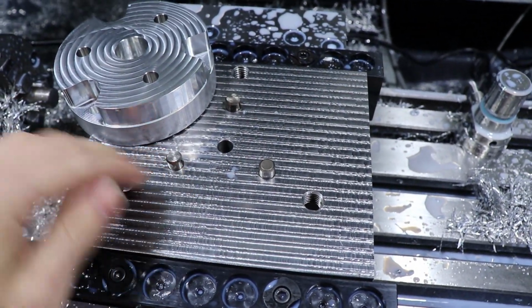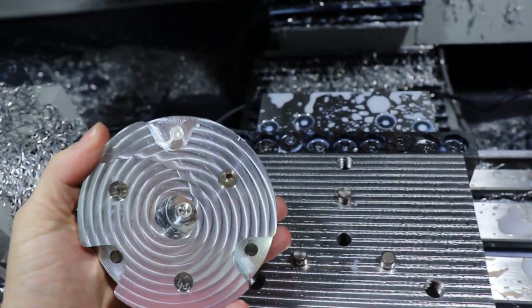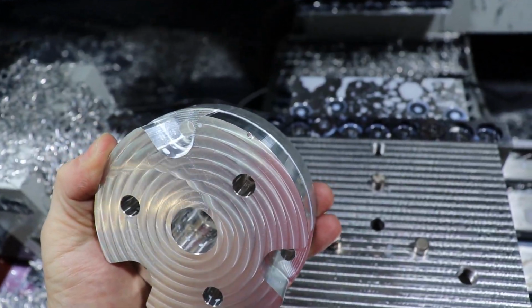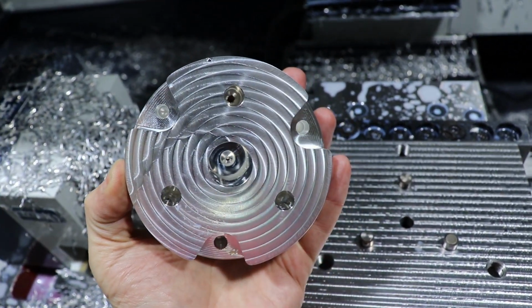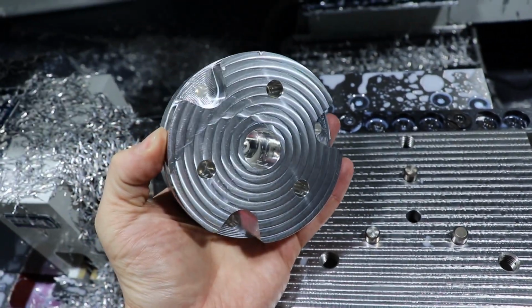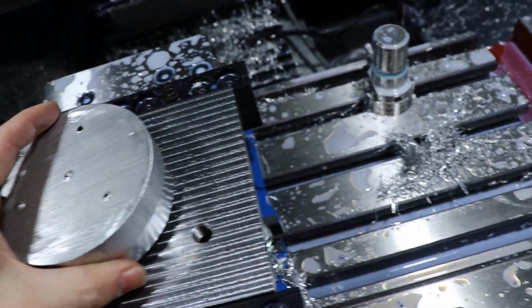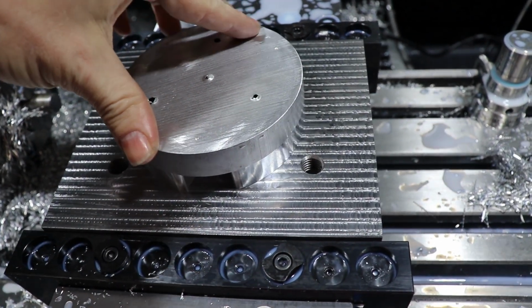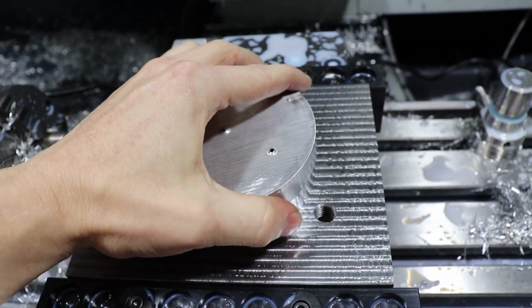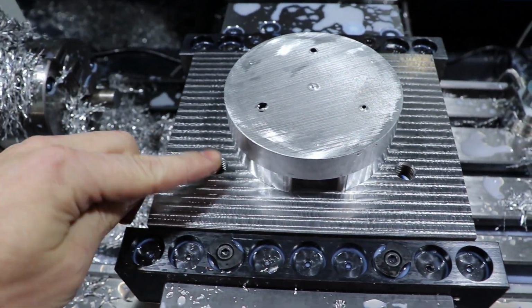And what that will do is, when I flip this over, I've got my little spot there that tells me which direction I want to have facing the back of the machine. But lining those pins up with these holes will put it in exactly the right place. So we lost some sound here for some reason, but just putting that down into the pins, and it doesn't rotate. So I've got to put the clamps on